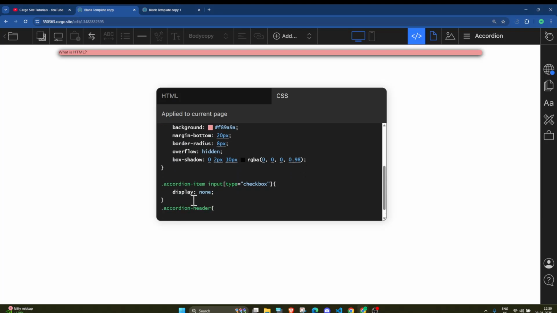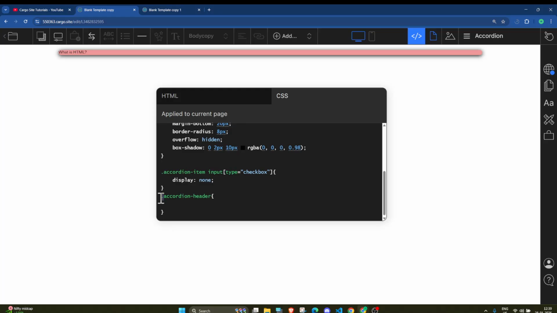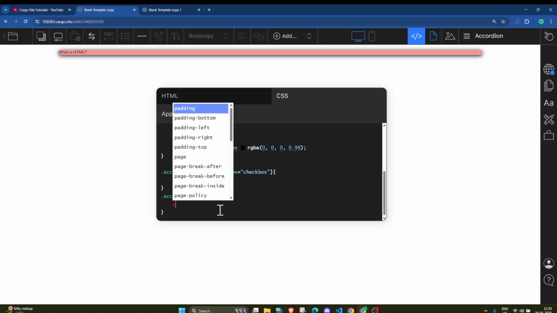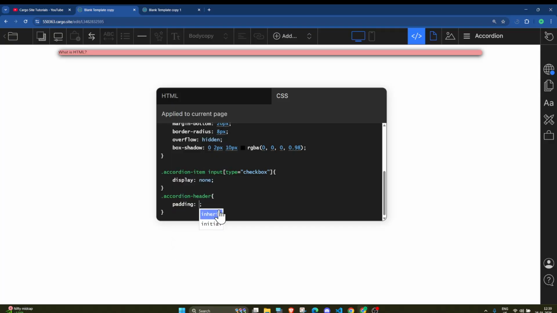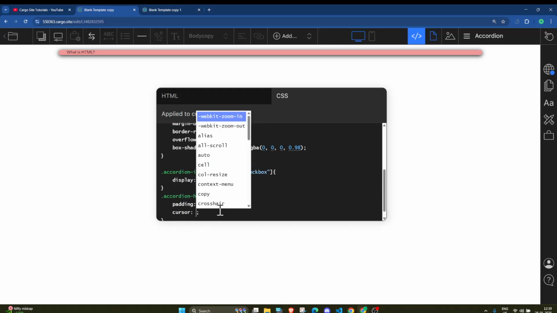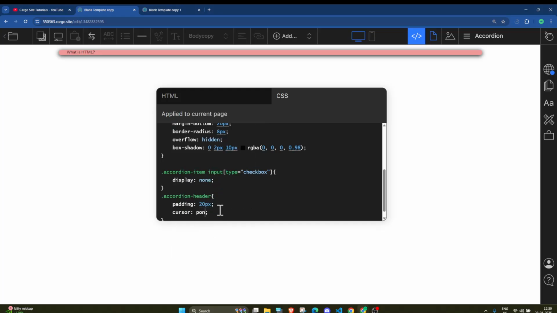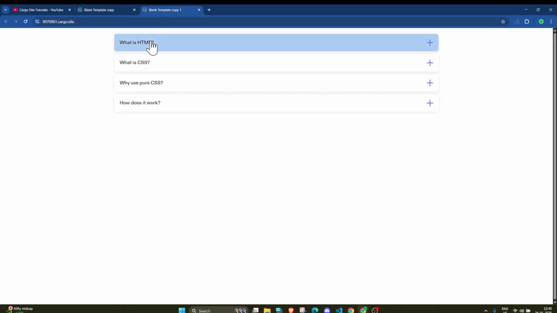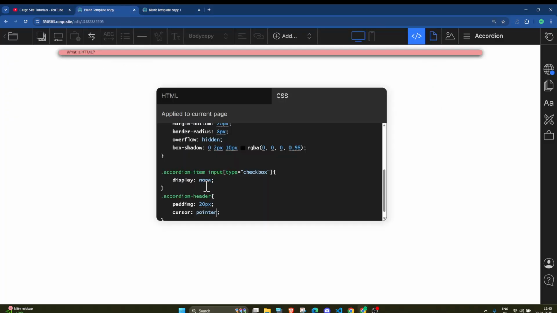So I added the dot and then the class accordion header. Here I will give the padding 20 pixel. Then I will add cursor pointer. So basically, when I hover on this, the cursor changes to a pointer, so that's why.